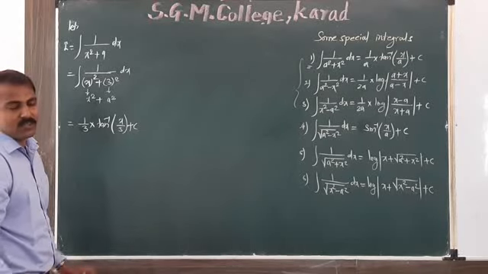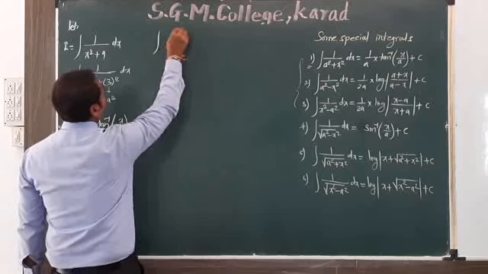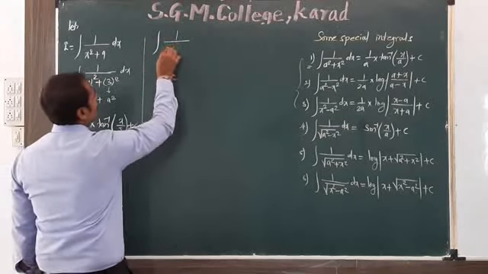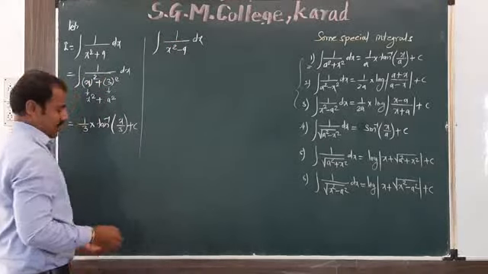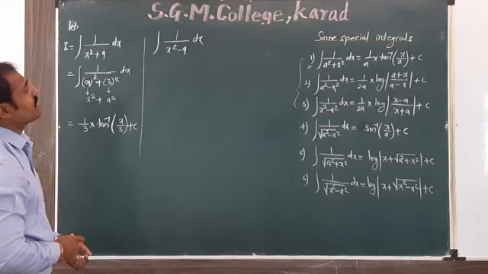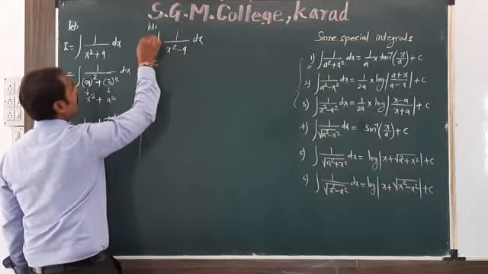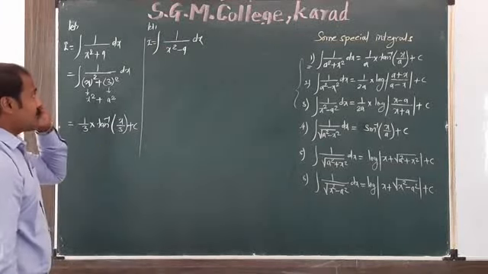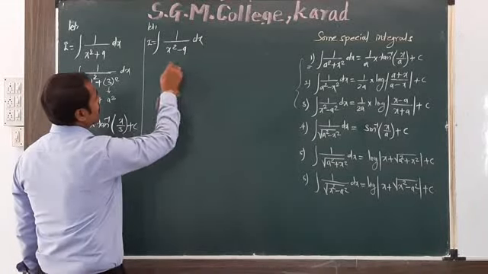Okay, it's very simple. Look at the second example. Evaluate the integration 1 upon x square minus 9 dx. First, it is an example on integration. So denoting that integration by I, let I is equal to integration of 1 upon x square minus 9 dx,